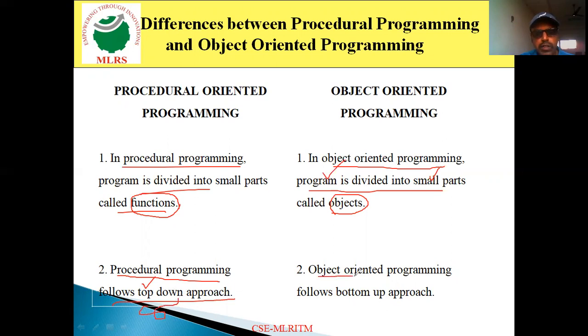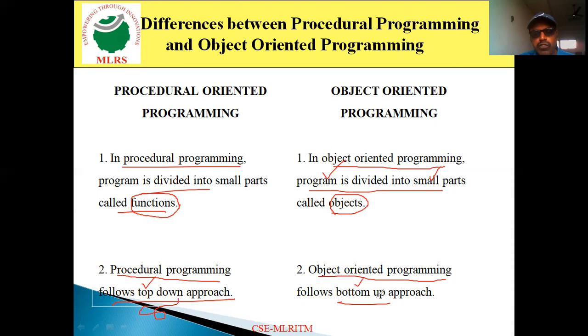And come to the next one, that is object-oriented programming. In object-oriented programming, there is one more approach named the bottom-up approach. That indicates in object-oriented programming, we place the main function at the bottom of the program. We cannot place the main function at the top. In between, before the main function, we specify the header files, class definitions and member function definitions. So basically here also the program execution starts from main onwards, which is placed at the bottom.